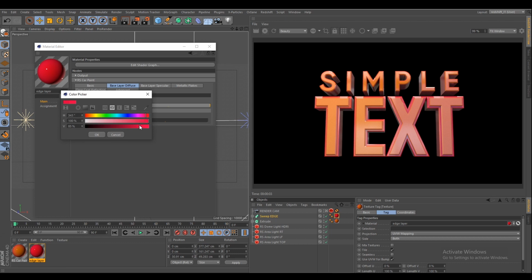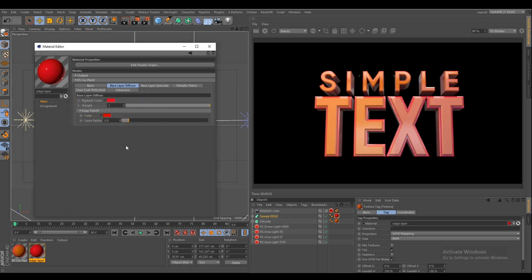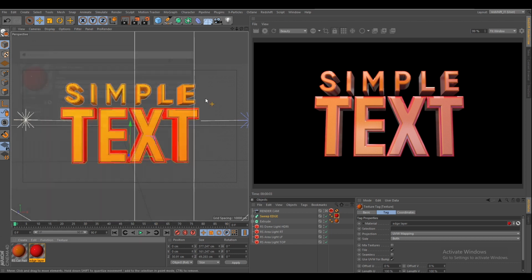Okay, so this is the complete lighting setup and shading setup, everything. As you can see, it's very easy to set up a light and set up this shader and everything in Cinema 4D. In Redshift it is very easy.